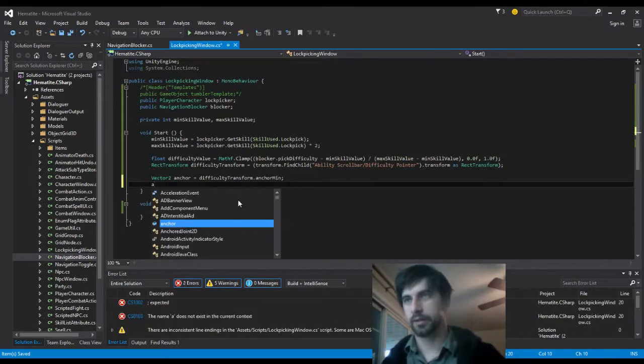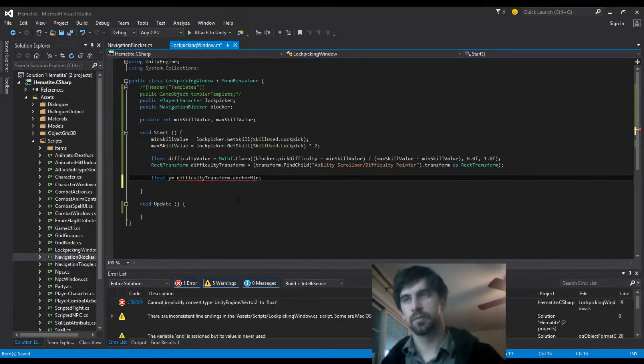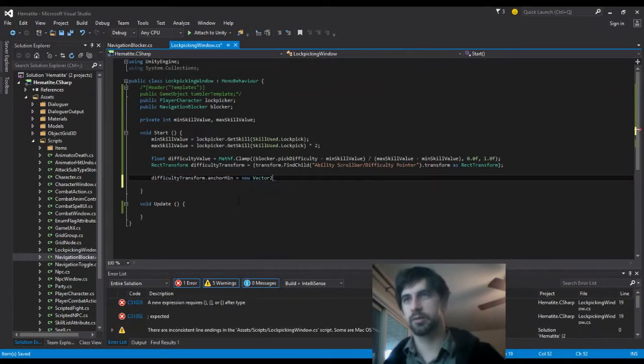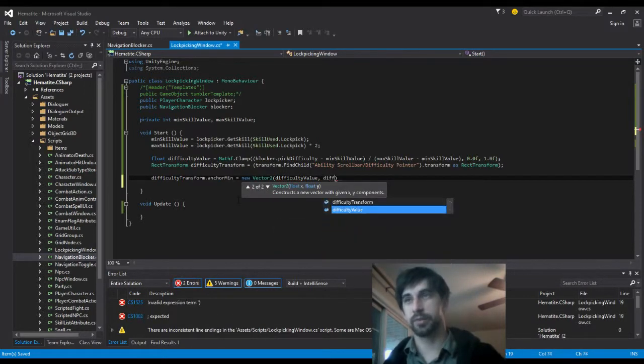So, I need to remember how to do this, but float, no, the y is not going to be the same. It's the x that's going to be the same between the two. And the x is something we've already calculated. So what we should be able to say is new vector 2. The x is going to be this difficulty value, and the y is going to be the difficulty